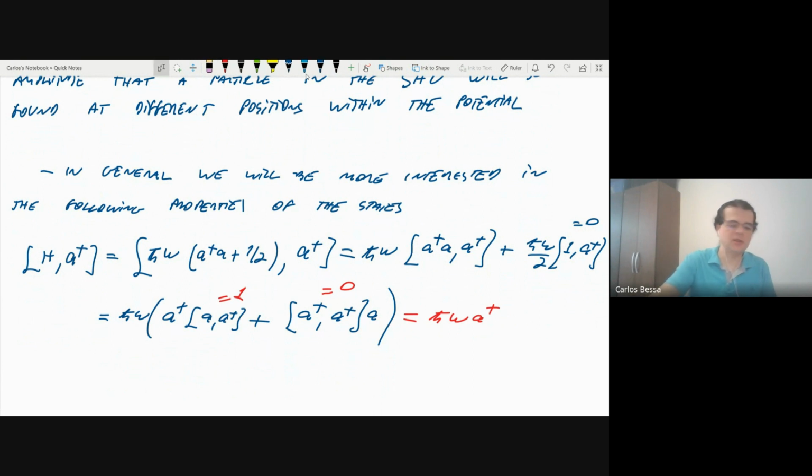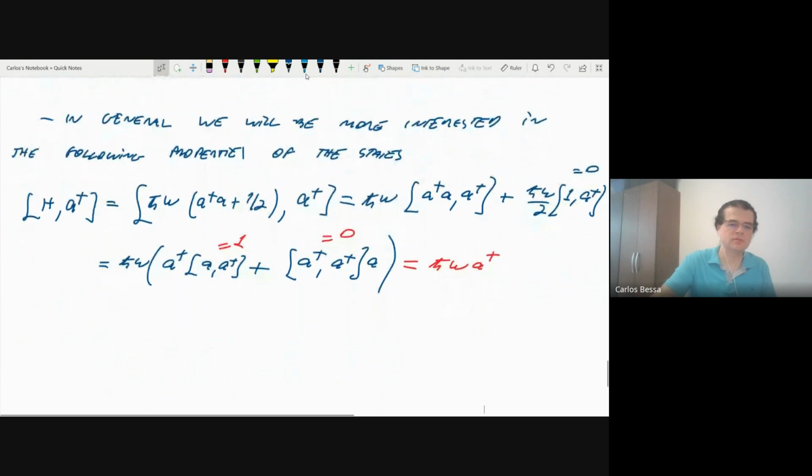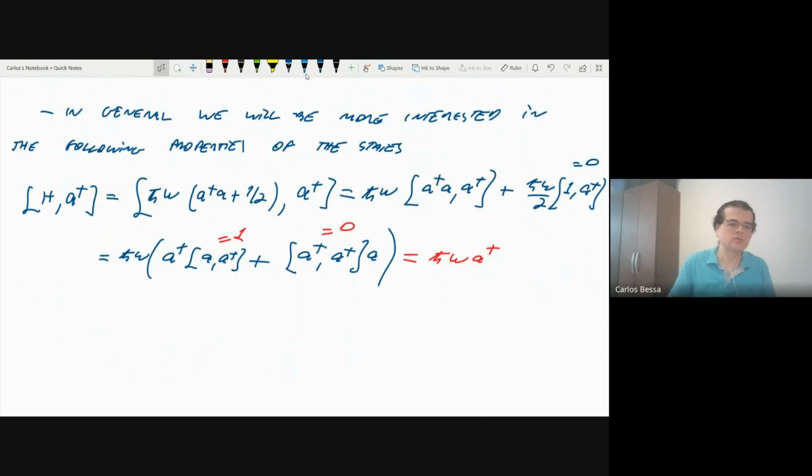And you can apply this to psi. Applying this to psi, we will find that